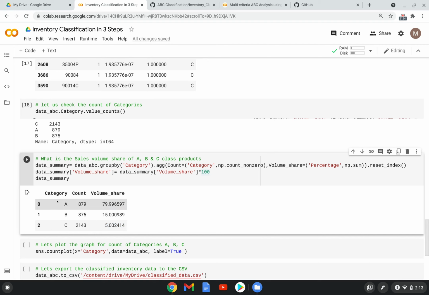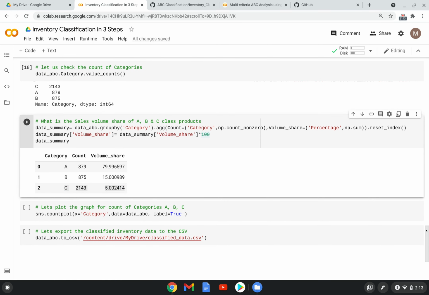So when compared to A and B class, this is negligible. For these class items, we don't need to give priority in terms of service level or in terms of inventory also. If there is any stock out in these class items, it won't affect sales much. So that's the reason.